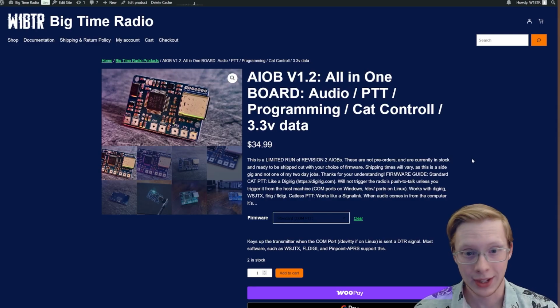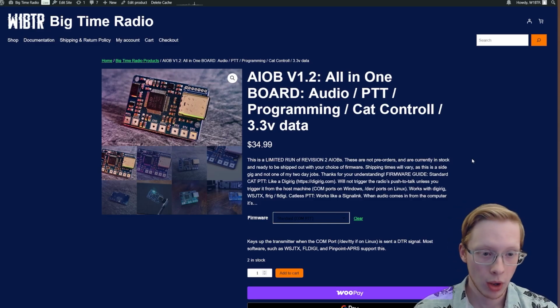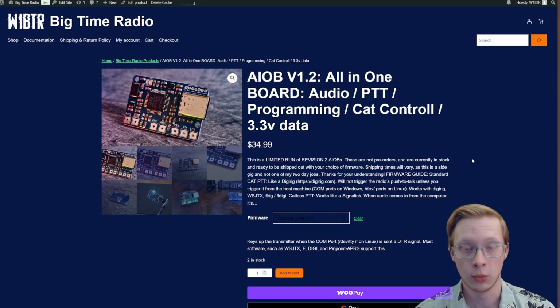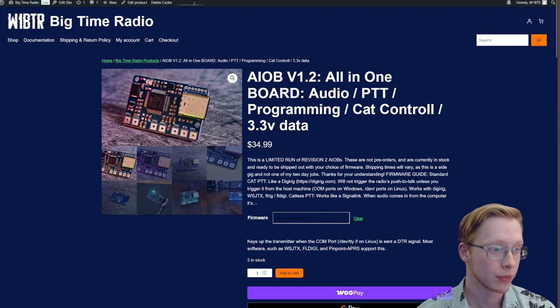All right, so the all-in-one board is a sound card interface and control interface for a radio. That sounds fancy, but what exactly does that mean? Well, with a digital interface on an HF radio, whether it's built in or whether you're adding on one with something like a SignalLink or a DigiRig, or in our case, the all-in-one board, you can do a lot of